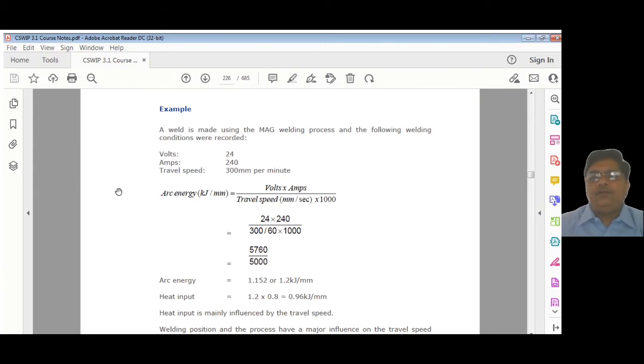And then when he starts welding, you can take a clock and measure how much welding he has done. So if he is doing welding 100 mm, then you can divide that 100 mm by 60 and you'll get the travel speed. Or if he does 300 mm, 400 mm, you can divide by 60 and get the travel speed. So with this base in your mind, you can put the values in this formula